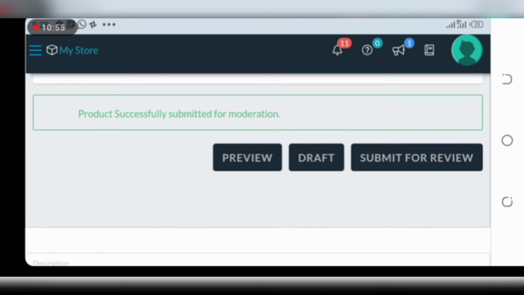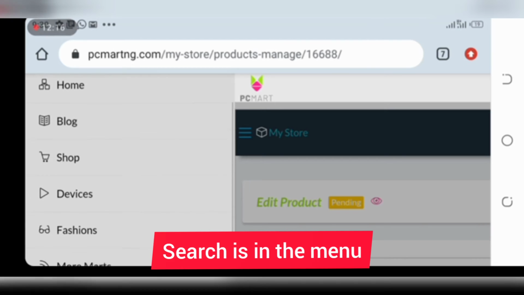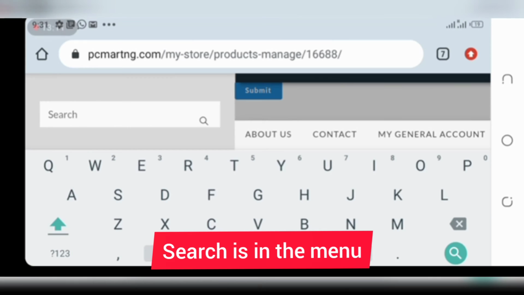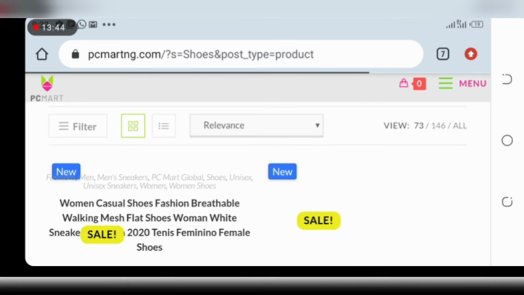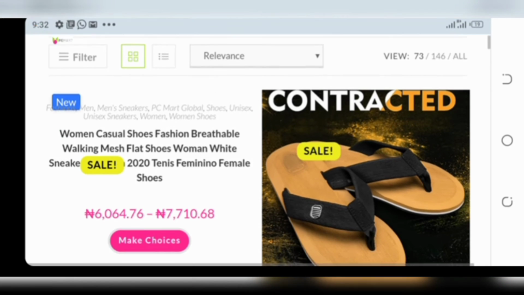Also know that there are different ways by which you can search for any item you want to sell on PCMart. For instance, you can come down to the search, and then let's say I want this shoe. I type shoe and then click on the search icon there, or the button for search, and then all the shoe options on PCMart will be listed.